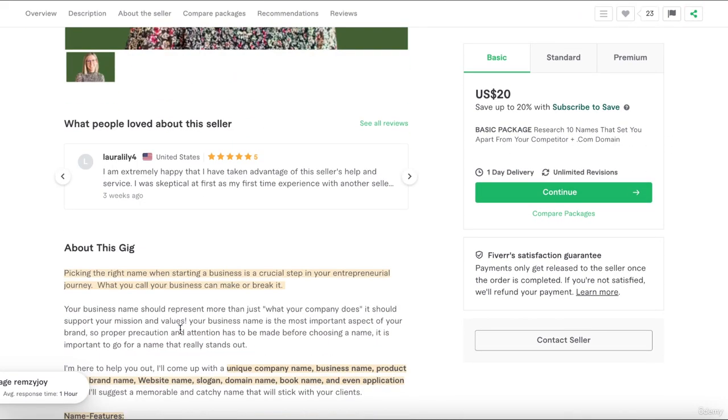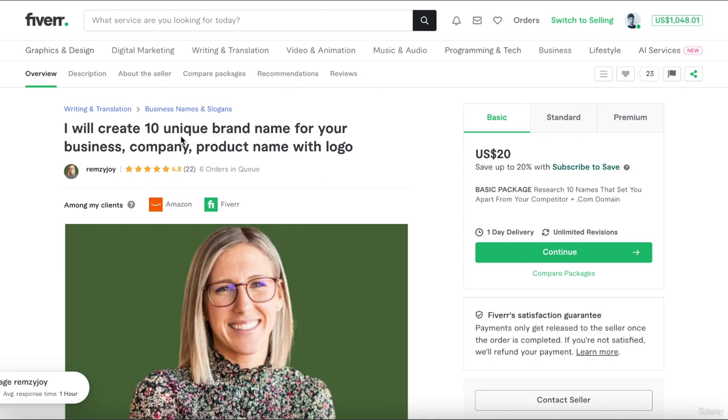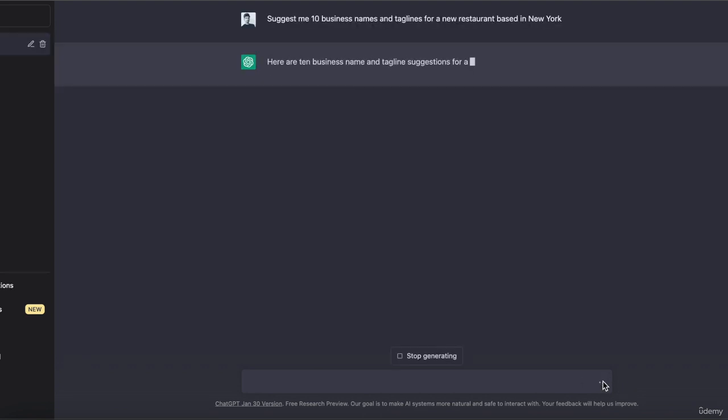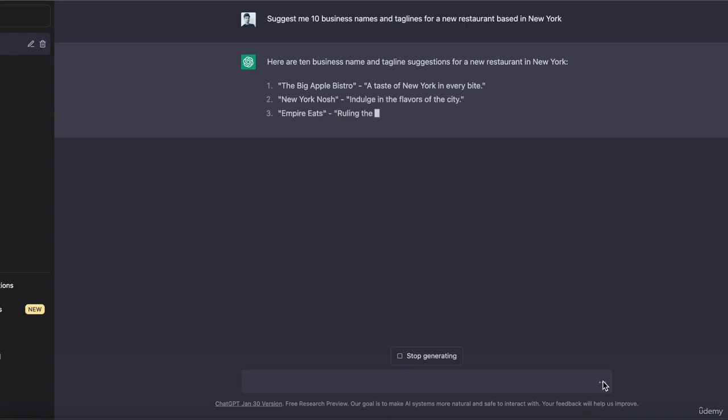What you can do is prompt ChatGPT to create the business names for them. Let me give the prompt over here. Suggest me 10 business names and taglines for a new restaurant based in New York. This is just an example prompt. Based on your client requirements, you can simply change your prompt so that it will create very customized